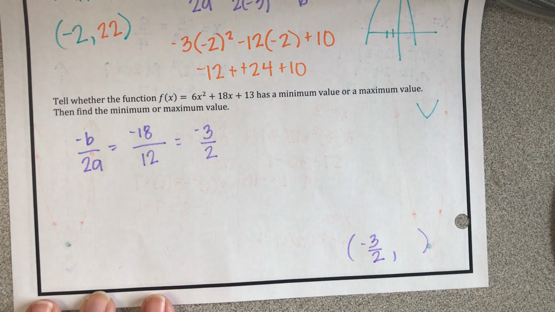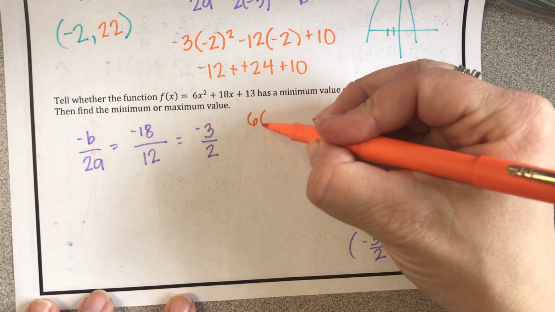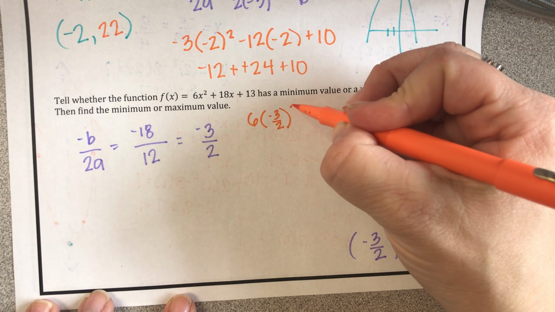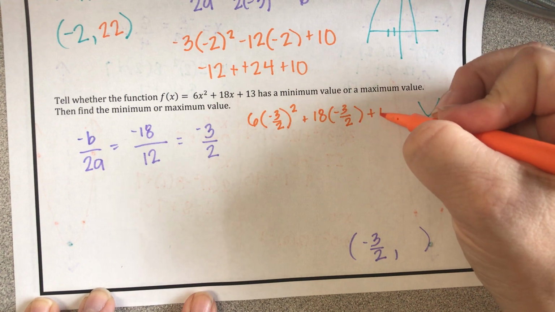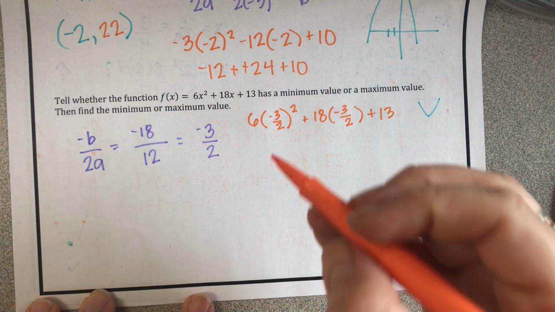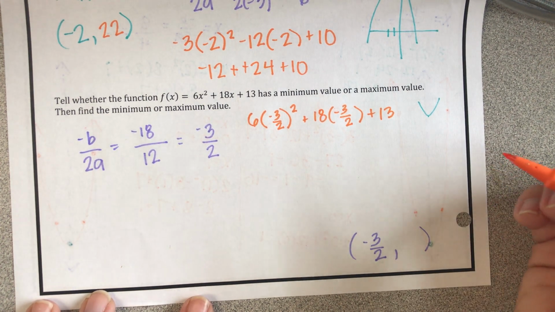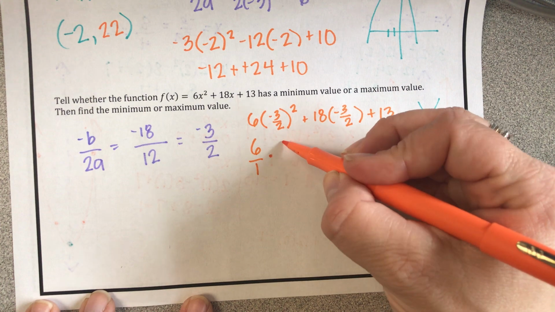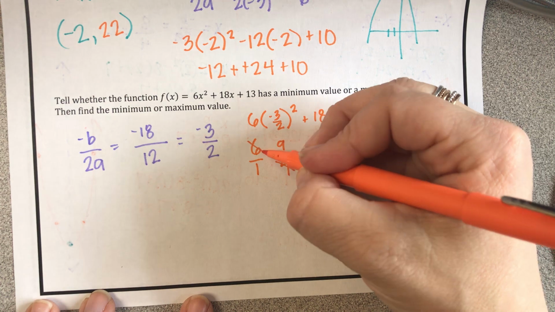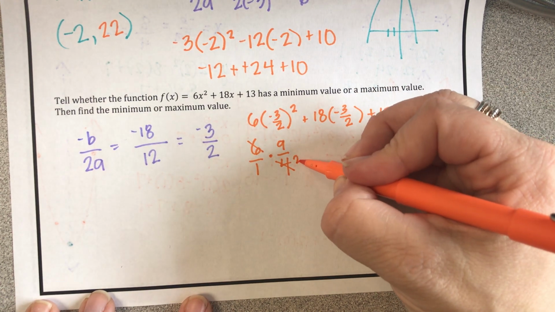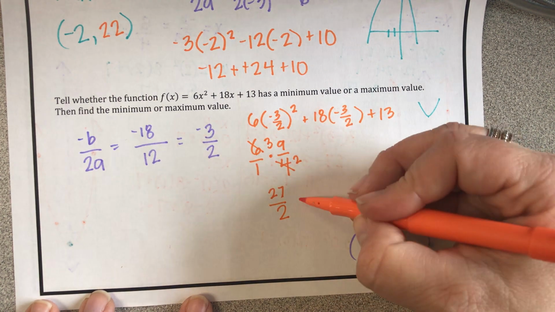And you're probably like, no, fractions. Okay, you can do it. So we're going to do 6 times negative 3 over 2 squared plus 18 times negative 3 over 2 plus 13. So negative 3 over 2 squared means negative 3 over 2 times negative 3 over 2, which is 9 over 4. Okay, we're dealing with this part first. 4 and 6 are both divisible by 2. That becomes 2 and 3. So I get 27 over 2 plus